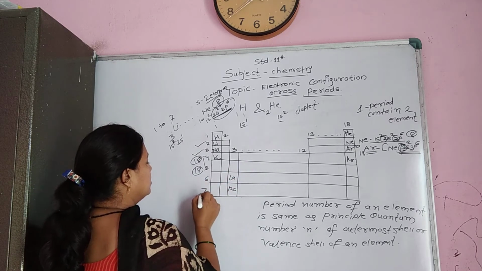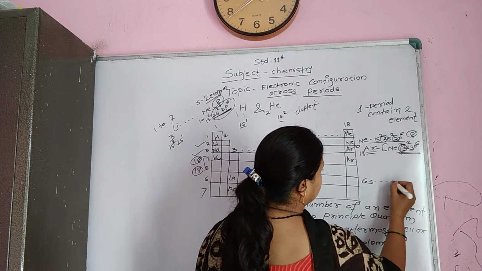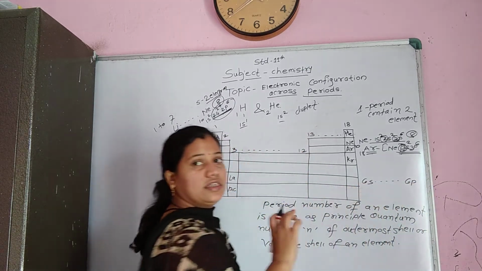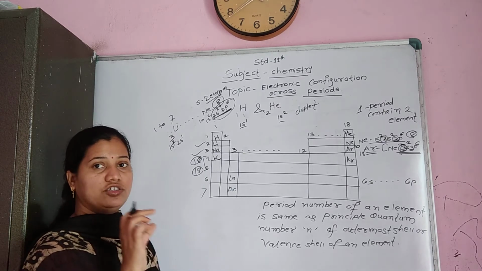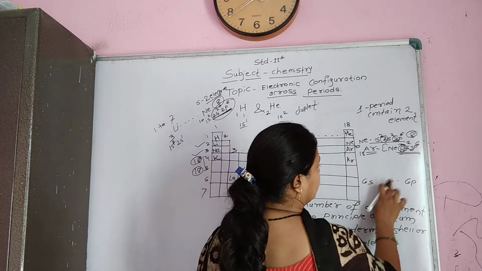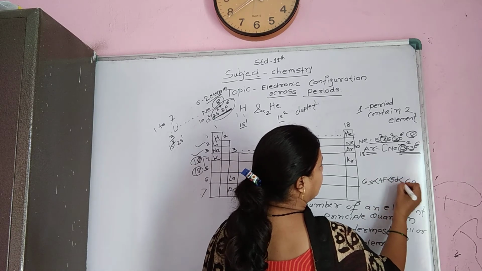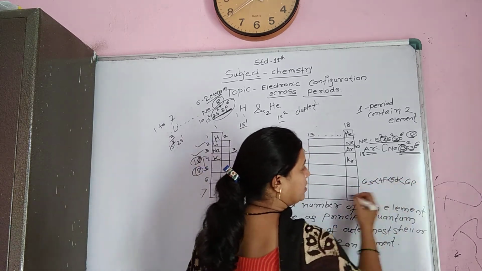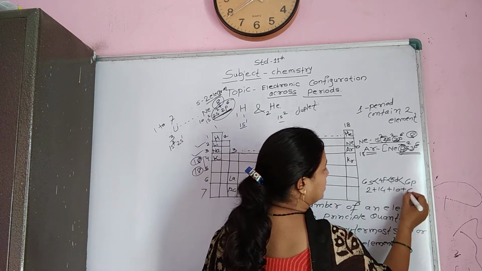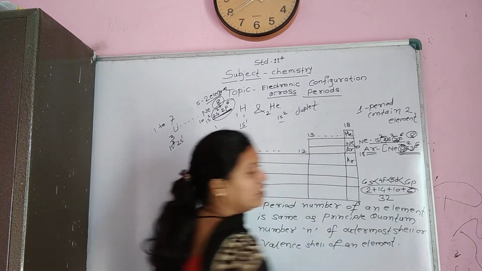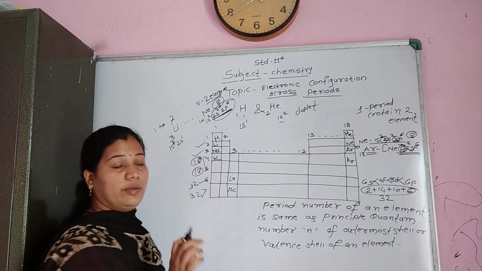During the 6th and 7th periods, the 6s subshell gets filled completely, and the last orbital is 6p. In between the 6s and 6p, according to the Aufbau principle, electrons are filled in increasing energy of the orbitals. So after 6s, the next higher energy orbital is 4f, then 5d, and then 6p. The total electron capacity of these orbitals is 2 plus 14 plus 10 plus 6, which is 32. So a total of 32 elements are present in the 6th period and in the 7th period.